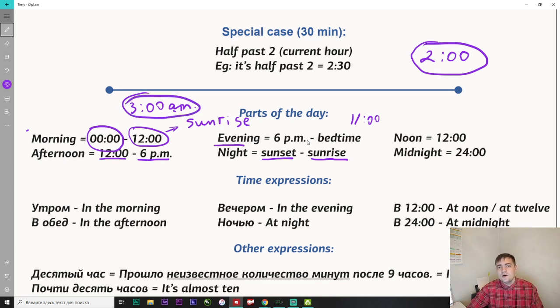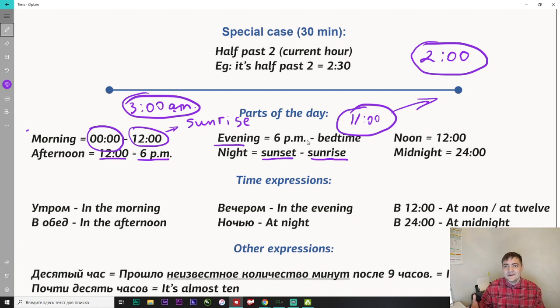You can say, don't call me at night. Don't call me at night. Не звони мне ночью. I would understand that he or she means that it's not good to call after this time, after evening, right? After evening till the sunrise, from about this time, okay? It's not a good idea to call anyone at this time,